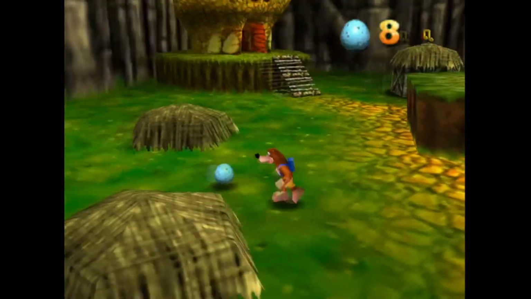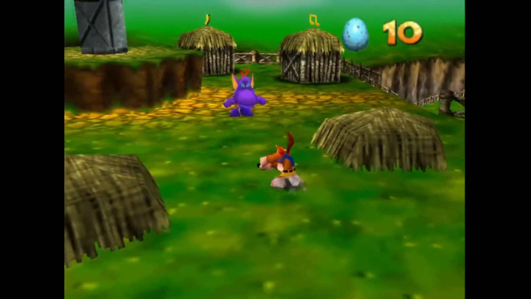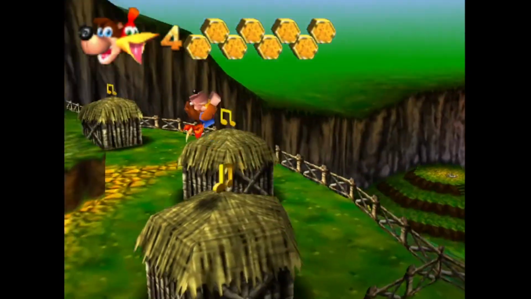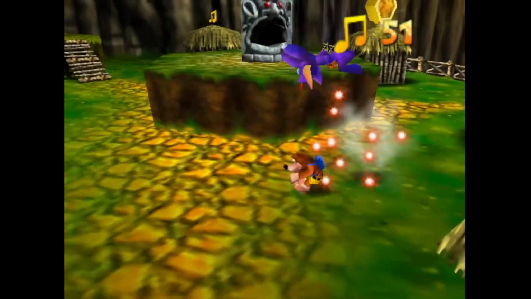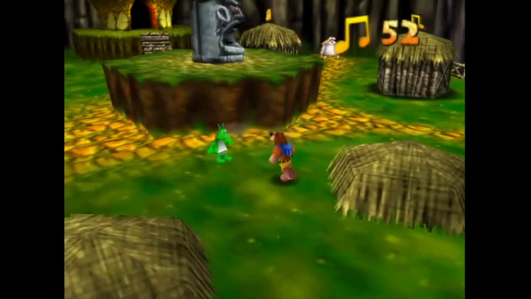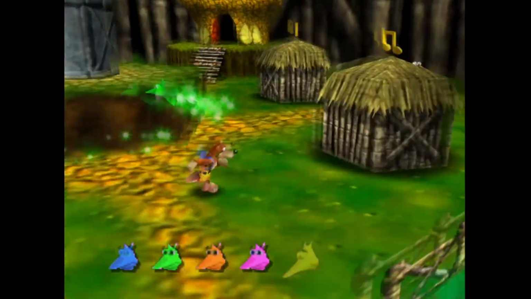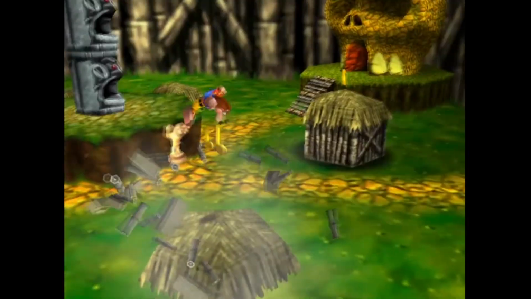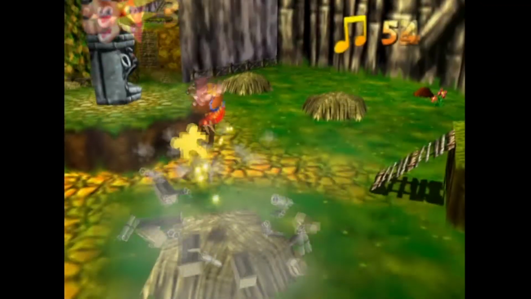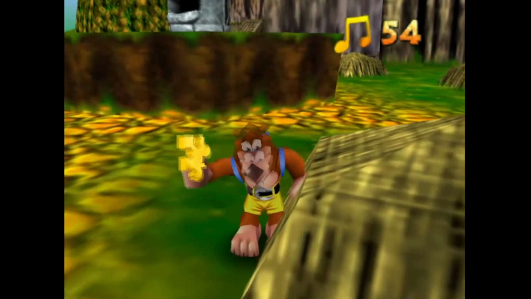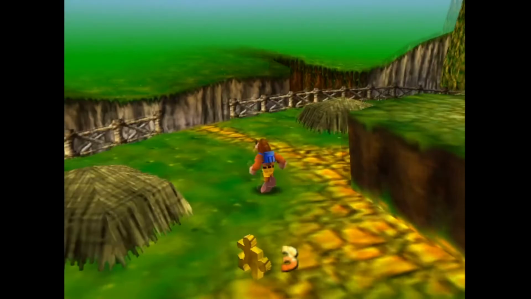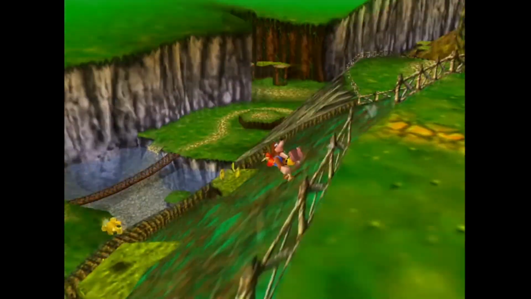Let's get more eggs. Even though Bottles is going to give us 50 later on or something. Jinjo! Thanking you. Oh yeah, okay. We'll get all of these. Oh look.